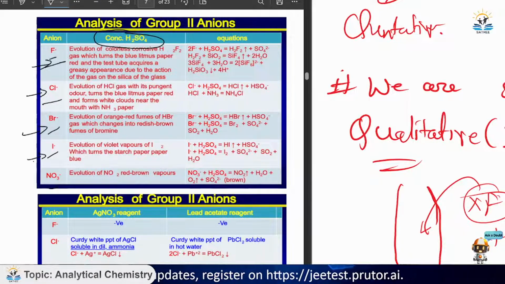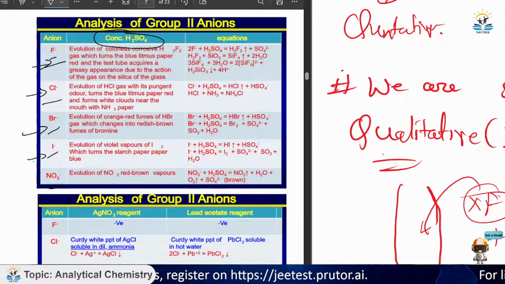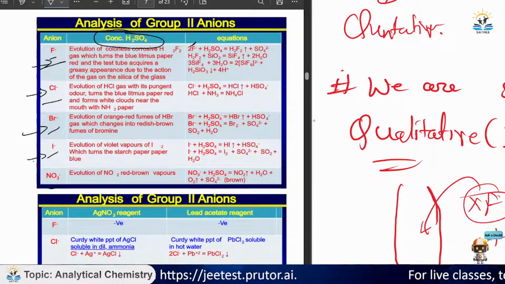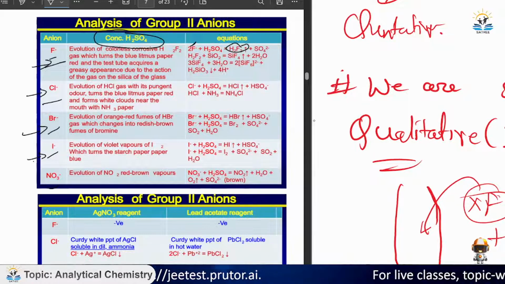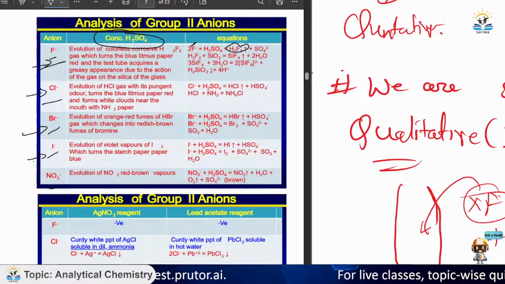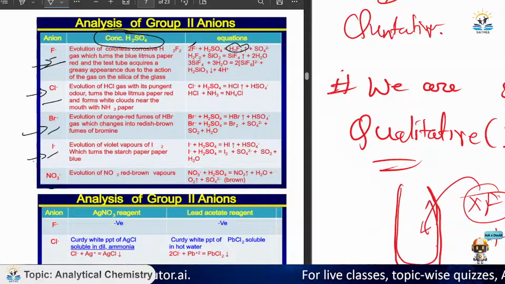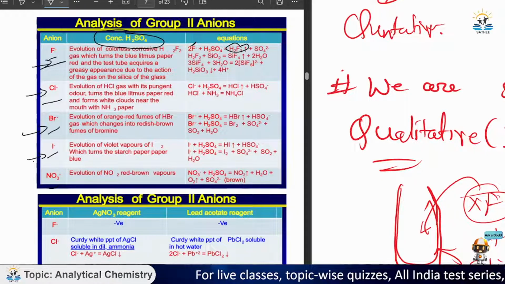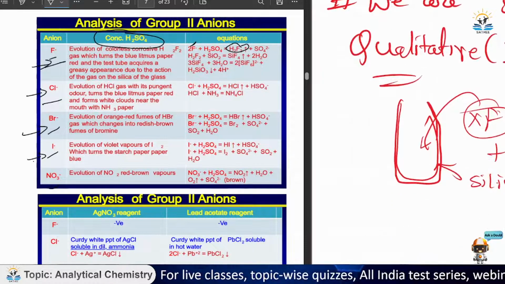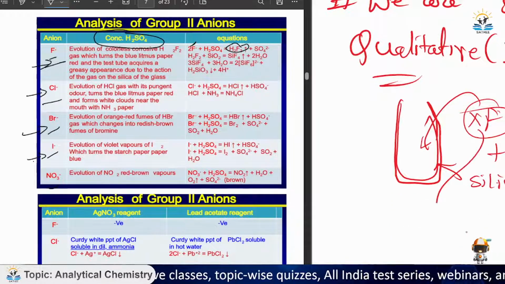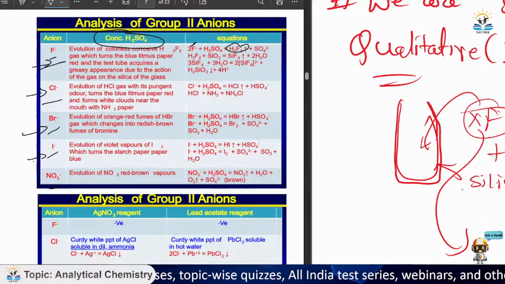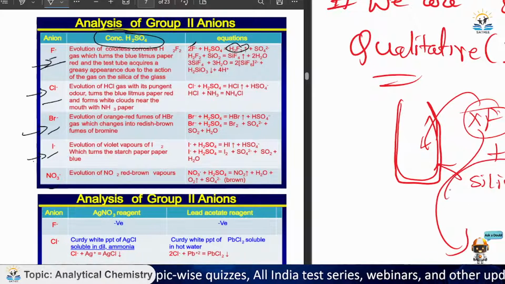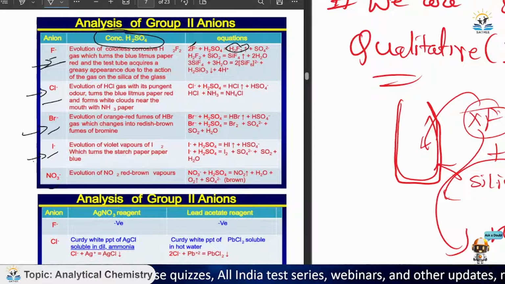It will go through a chemical reaction, like here it is written: 2 fluoride minus ion with H2SO4 giving you H2F2 gas. Now, the test tube glass is formed of silica, whose chemical formula is SiO2. When this SiO2 reacts with the H2F2 gas that is evolved,